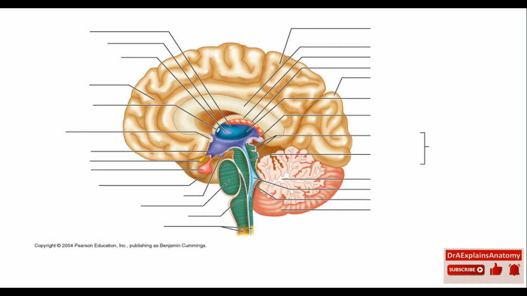Hello, everyone. Let's identify together the structures on the cerebellum blank figure. Earlier, we mentioned that the cerebellum is located posteriorly, whereas the pons is located anteriorly. This right here is the arbor vitae, and this right here is the fourth ventricle anterior to the cerebellum, and we can see the choroid plexus in the fourth ventricle.